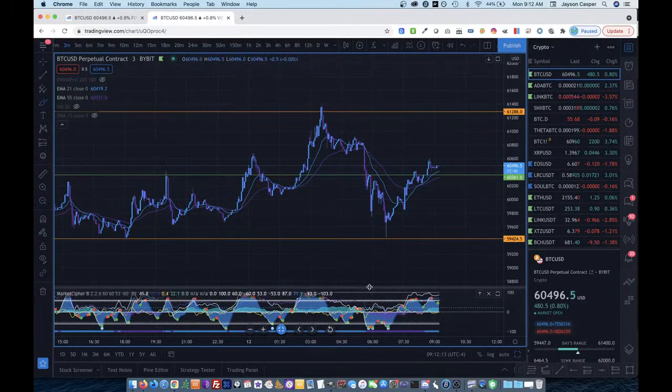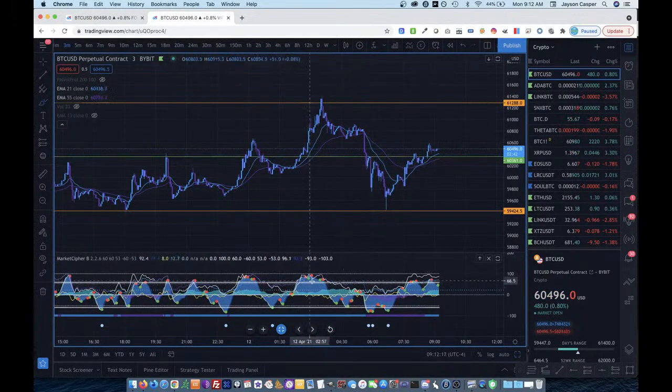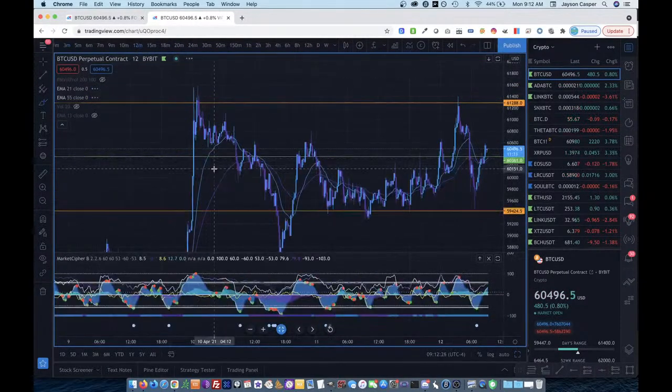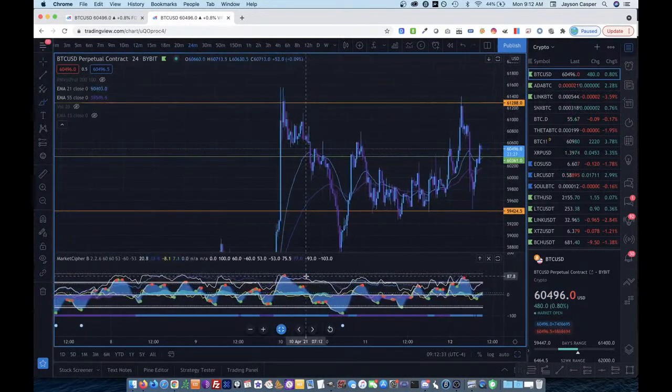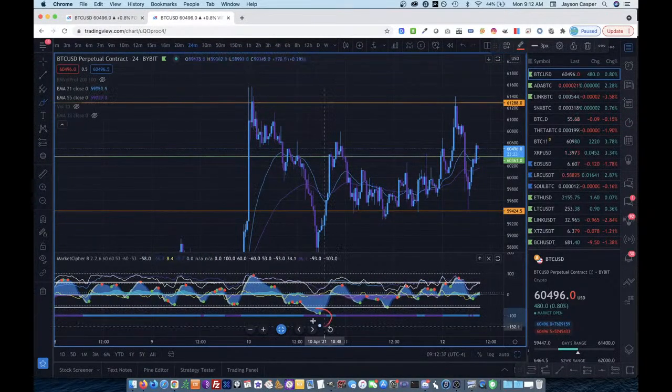I'm already biased that I'm looking for a short position. And to be honest with you guys, Market Cipher is not giving the most clear signal here to enter a short. It was giving us a very clear signal to enter long. In fact, if we go to the 12-minute time frame, or even the 24-minute, we can see that before the pump happened, Market Cipher was giving us an extremely clear signal to enter long. We had the bottom, and then we see this clear upward direction, and we get this money flow cross with this tight trigger wave right here,